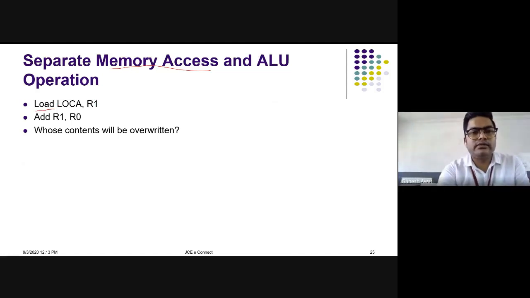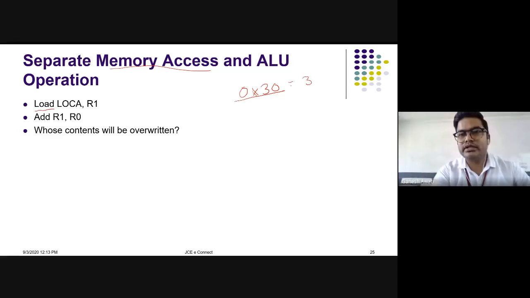So this will be some memory location. The memory location can be 0x30. That is a memory location, and I'm writing this in hex, so that's why it is 0x30. Whatever the content at this memory location is will be stored into R1. If the content of the memory location is 30, or you can say it is 20, whatever, this will be loaded into R1.